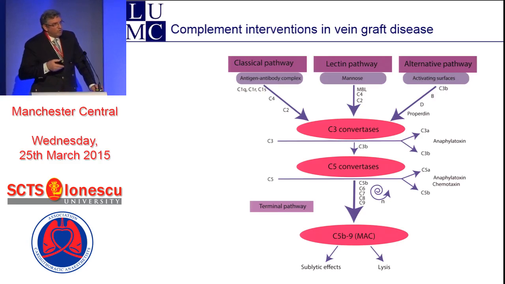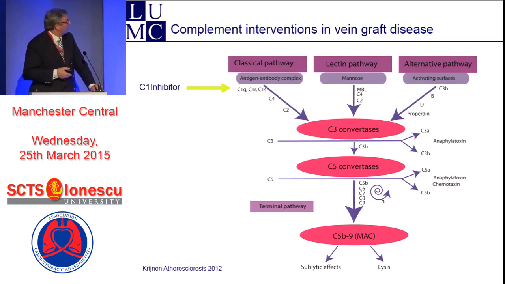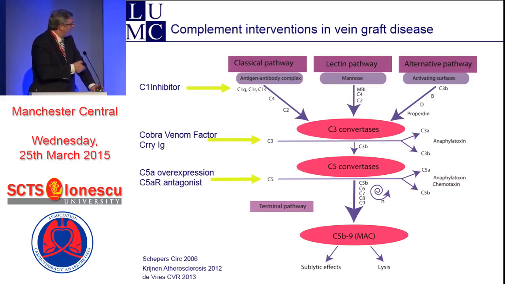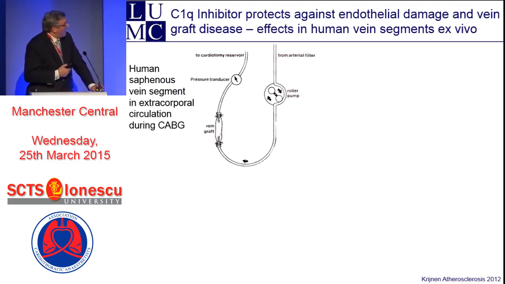So in this system, you can intervene at several levels. You can block the C1 activation using C1 inhibitors. You can block C3 conversion by using covalent factor or IGs. Or you can block the C5 activation by C5a receptor antagonists or C5a overexpression. So those are the tricks that we use in our mouse model, and also in a vein graft model in vivo,